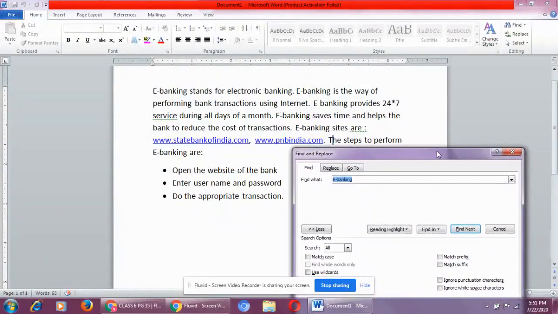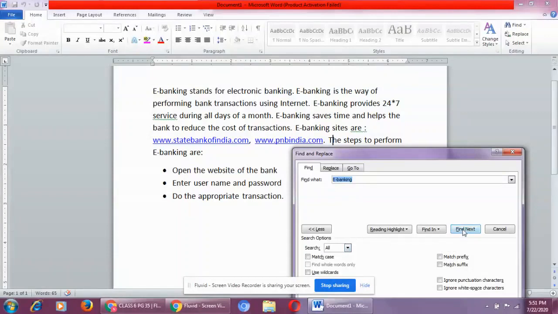Now in this first button, when I clicked on Find, you have seen that the word e-banking was found. You can see automatically in the Find what column the word e-banking has already come. It is already highlighted. Find what you have to find, the word is e-banking.